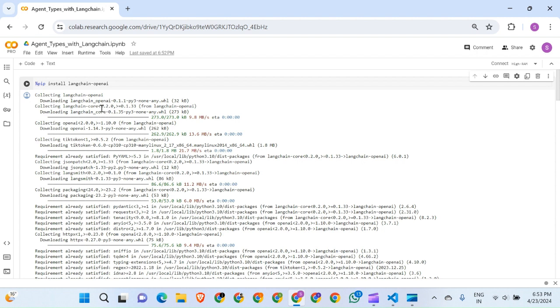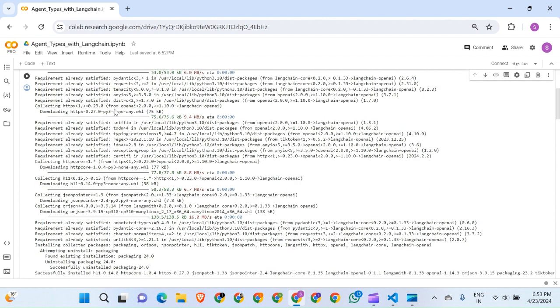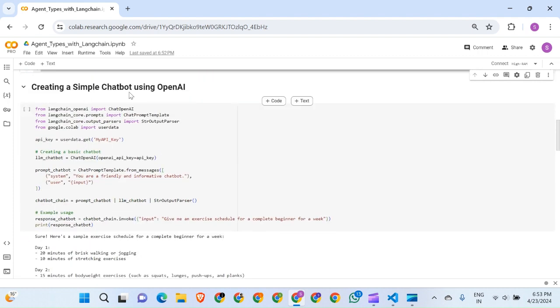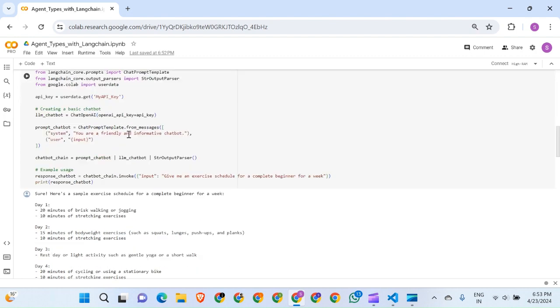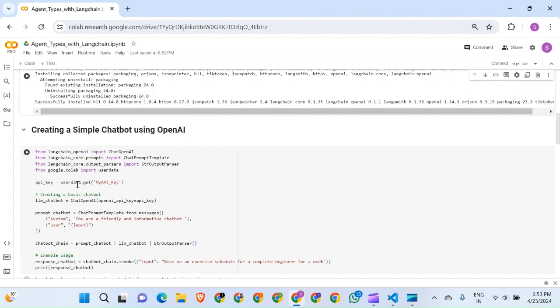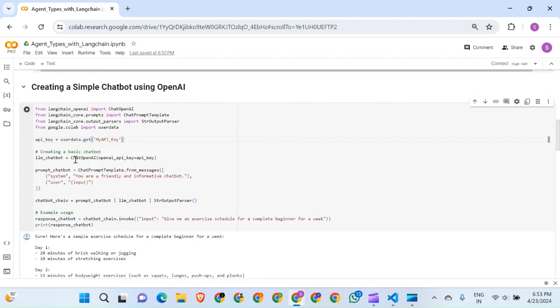So to develop this, I first installed the LangChain OpenAI API library, and then I've started creating a chatbot using OpenAI. So here we have used OpenAI API key, and then if you can see, next we defined